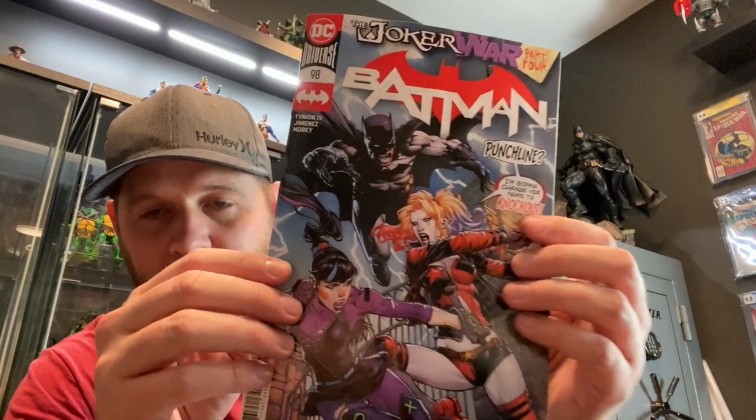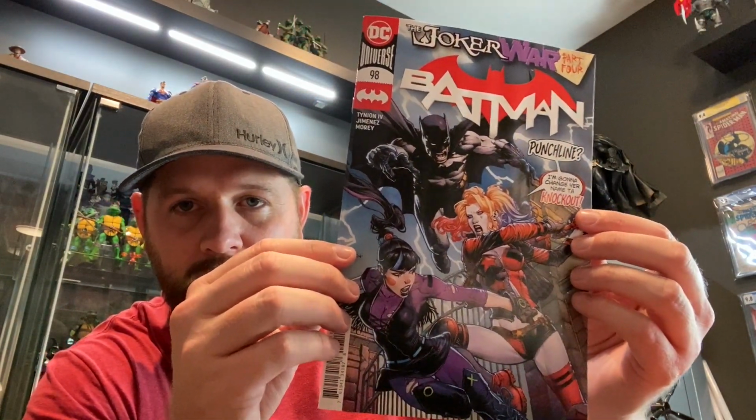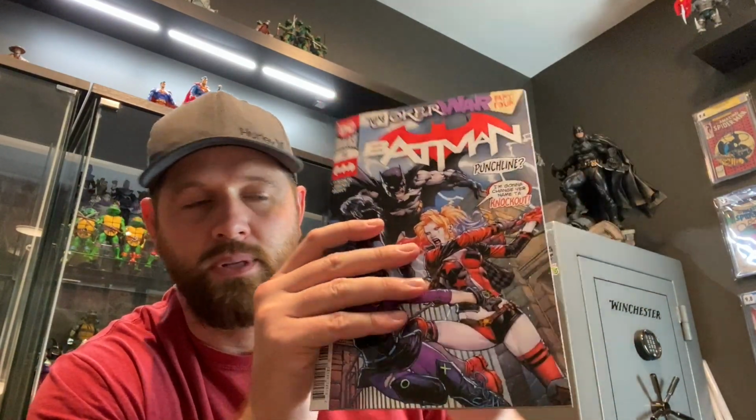So we picked up Batman number 98. This is one of my pull list comics. Really nice cover on this. You can see there we got Punchline, Harley, Batman. Really, really nice. So this is part 4 of the Joker War in the Batman storyline. So I've been following this and keeping up with it. Really cool